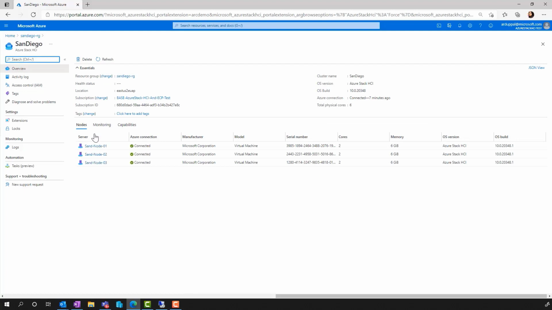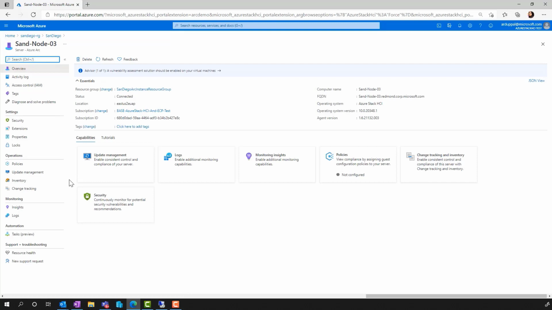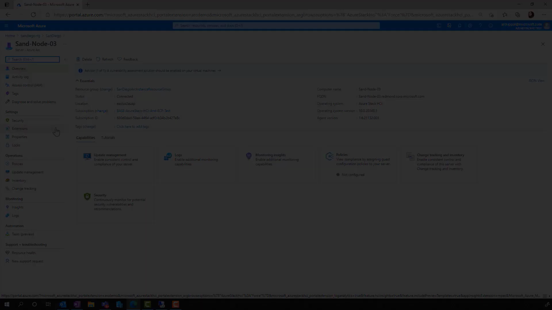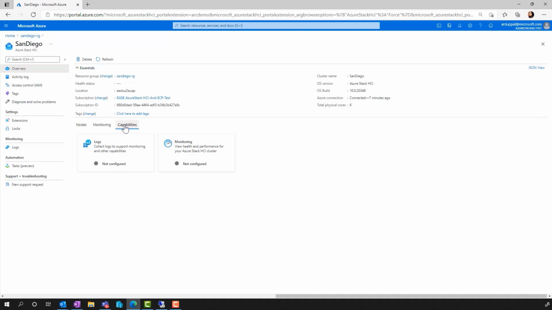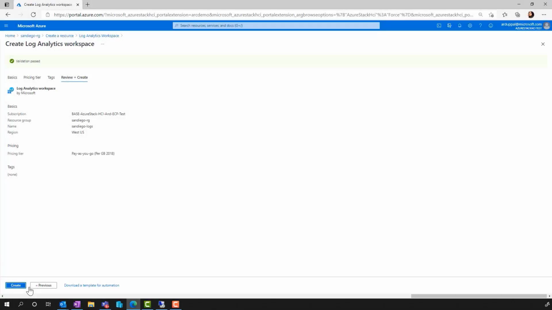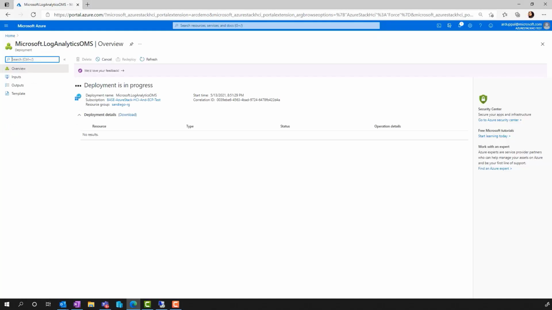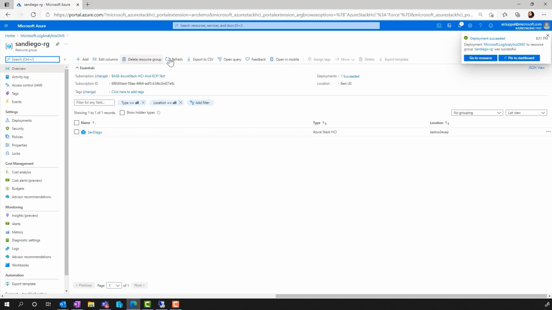And under the Nodes tab, I see all my cluster nodes Arc enabled by default. And just by registration, all my cluster nodes are fully Arc enabled, providing powerful management capabilities like monitoring, Azure Policy, extensions, and more. Now, to enable Logs extension, we will require a Log Analytic workspace. I created one in our resource group. This is where the log data will be stored when we enable monitoring.